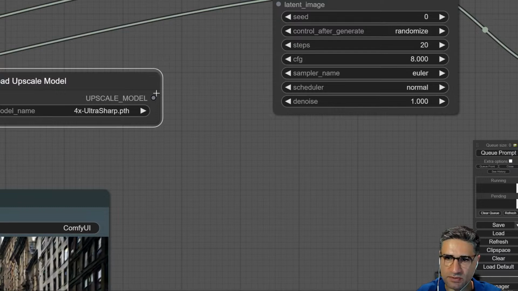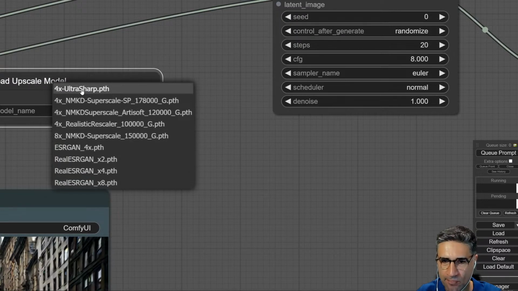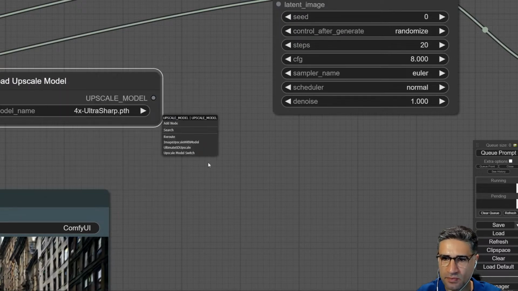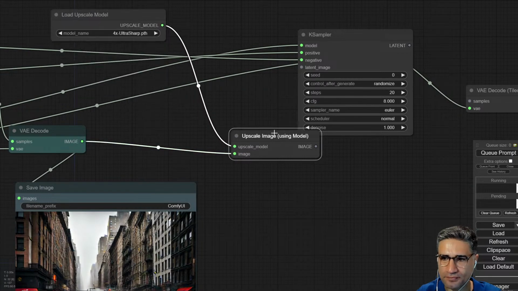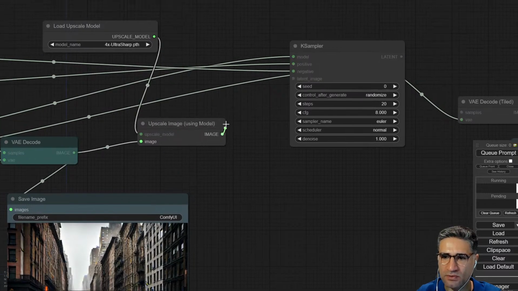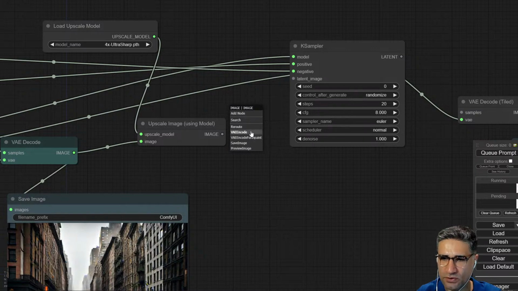For example, use this model, and load the image scale with model, and send the image to this node. Now send the image to the VAE encode,